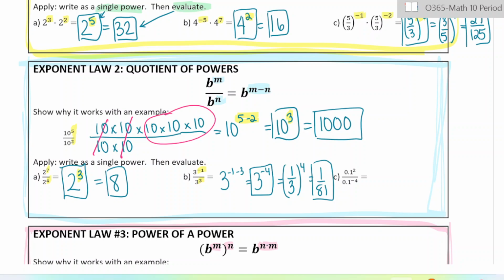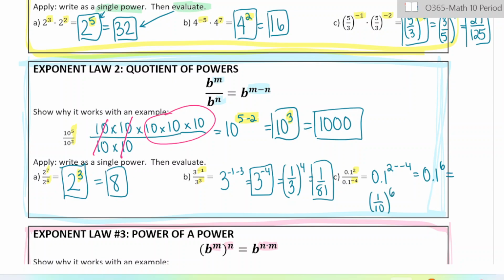Okay, last one. Again, we're dividing here, so we're going to subtract. Careful with negatives when you're subtracting. Some students kind of miss this. You're subtracting a negative 4, so actually you're adding 4. 2 minus negative 4 is actually 6. And when we evaluate this,